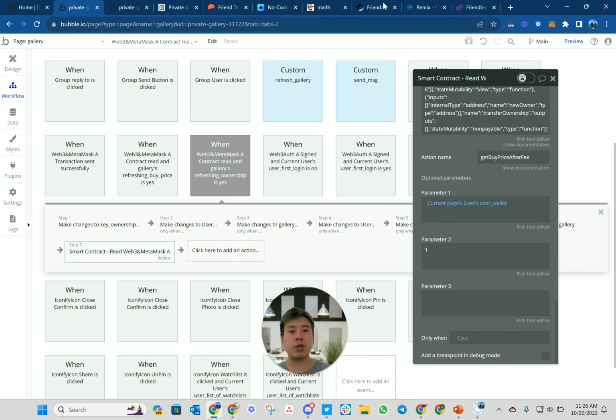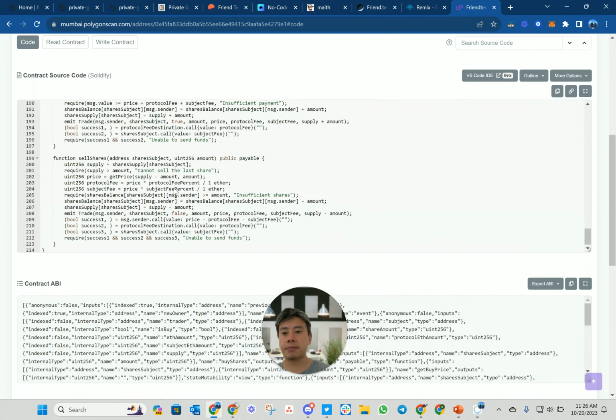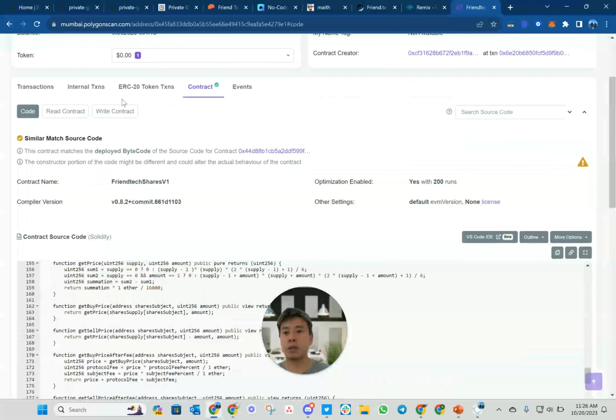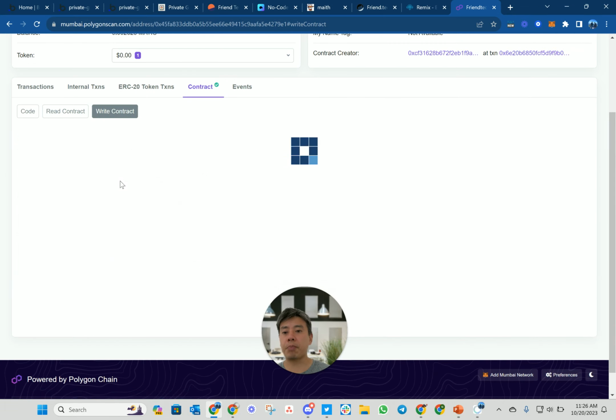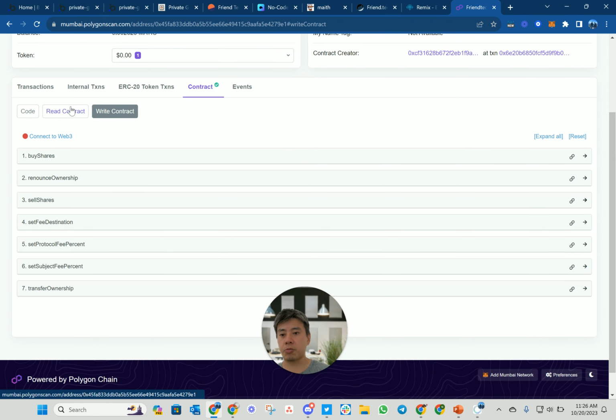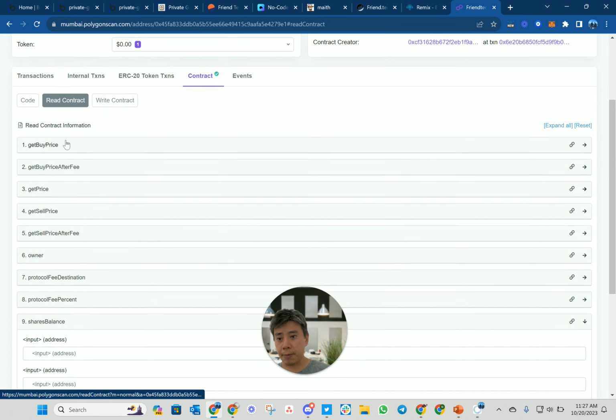And buy price after fee, if we look at the contract, right, there are two buy price functions. And again, this took a little bit, it should be a read. There are two buy price functions as well as two sell price functions. There is the concept of a protocol fee or a transaction fee. It's set at 5%, I believe, normally. And